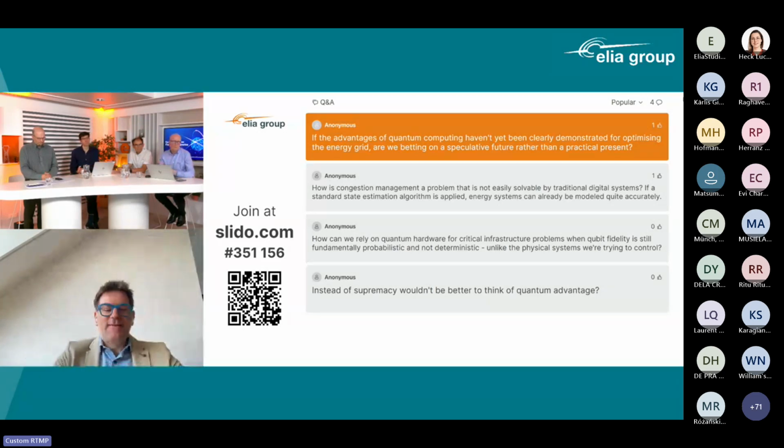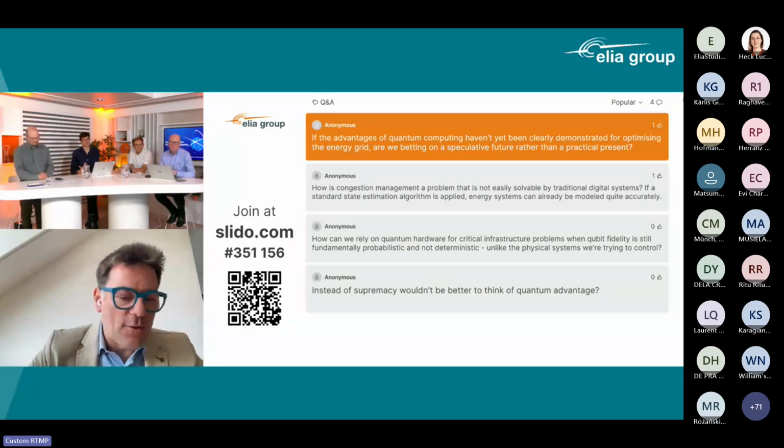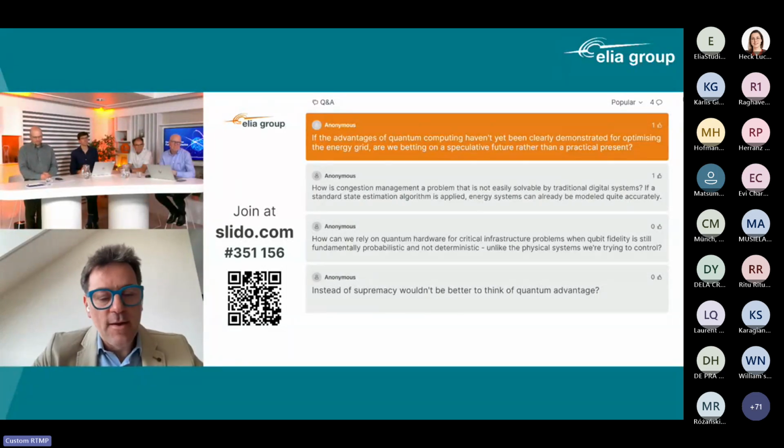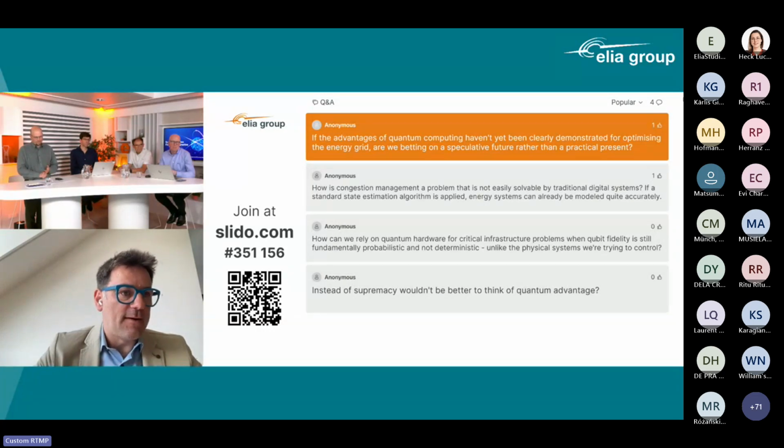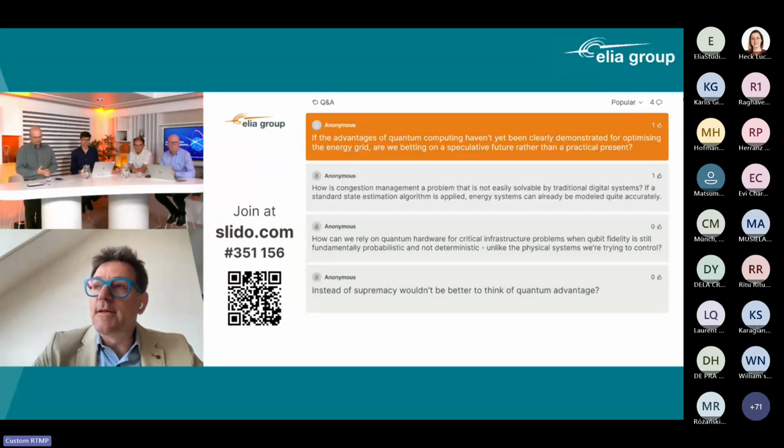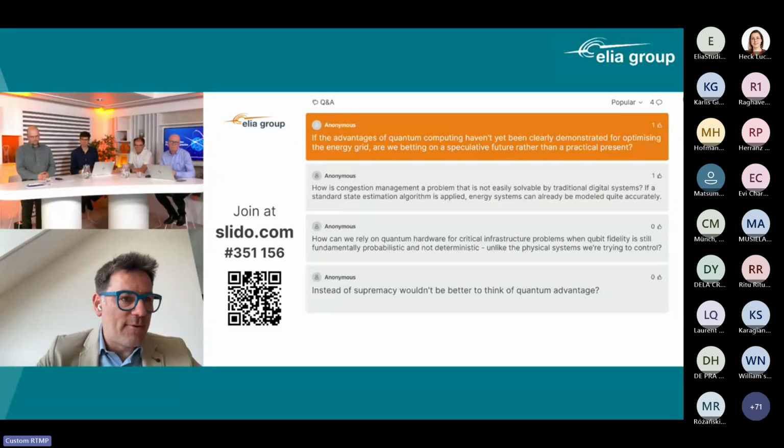Yeah, I think this is a pretty interesting question. On the one hand, we have seen before that the hardware progress is accelerating. At the same time, we also know that the problem size that we see in the practical application, the energy system, is still too big to be solved on the current machines. However, I think it's important to note that you need to prepare to be able to leverage the quantum future and the future machines. It's not just that you sit and wait for quantum computers to become big enough.